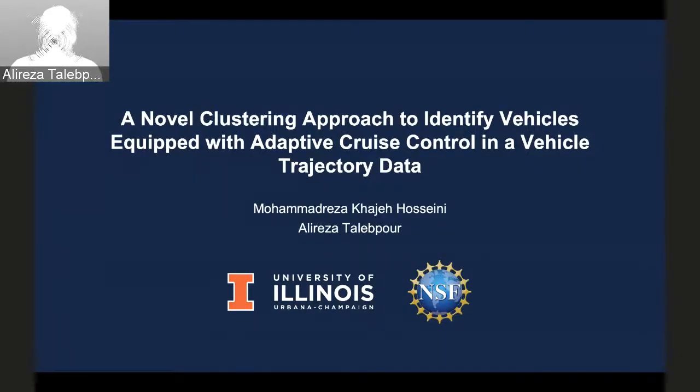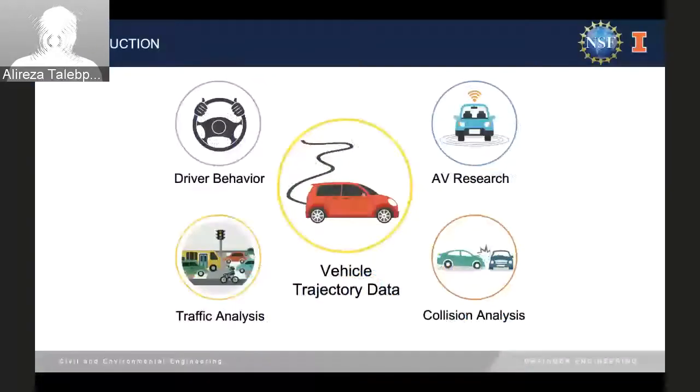And so the idea is to introduce a methodology to find ACC-driven vehicles in vehicle trajectory data. Vehicle trajectory data has been around for a while. I mean, probably more than 50 years we have had some data collected, but the very first meaningful